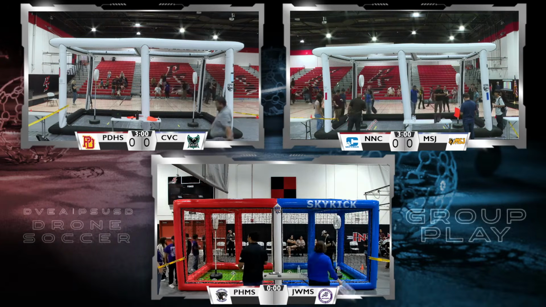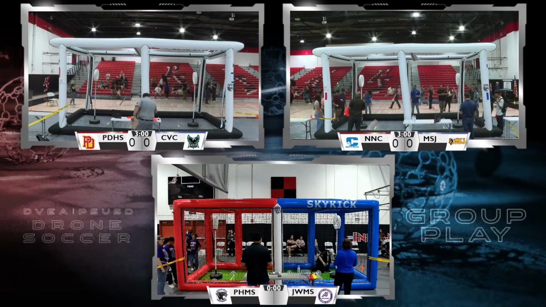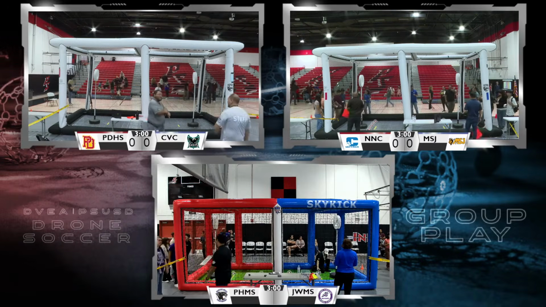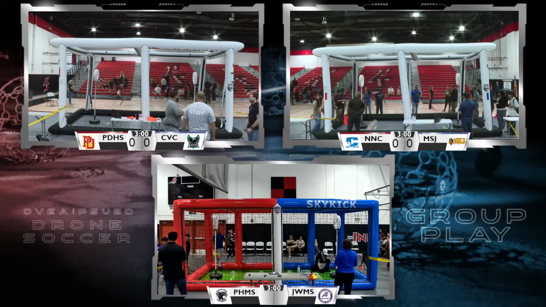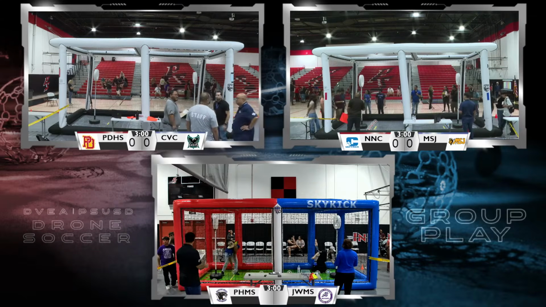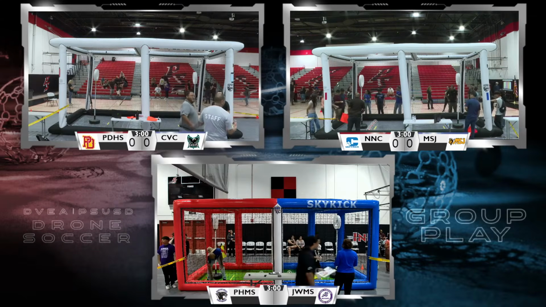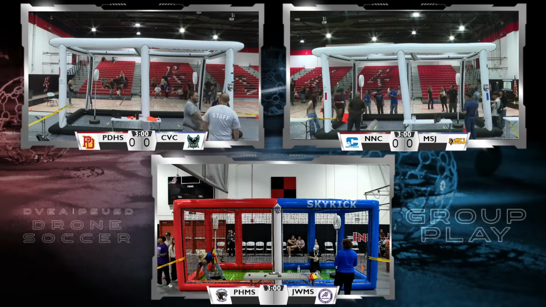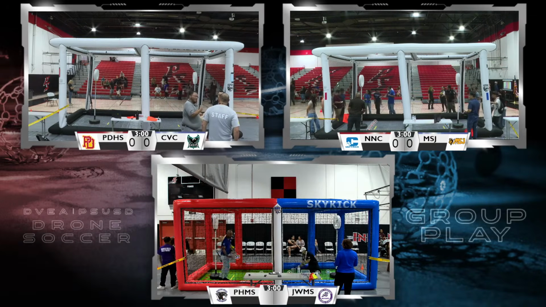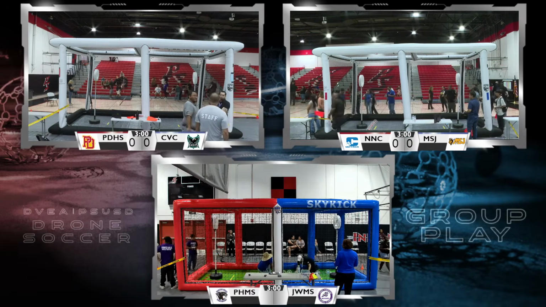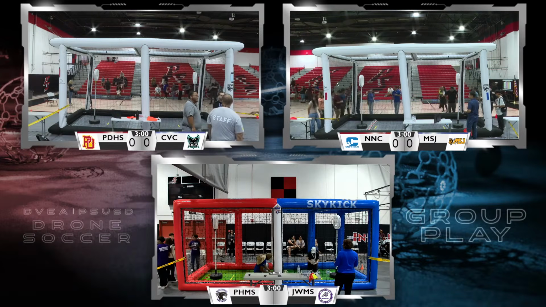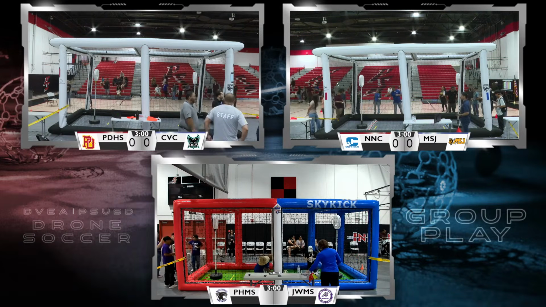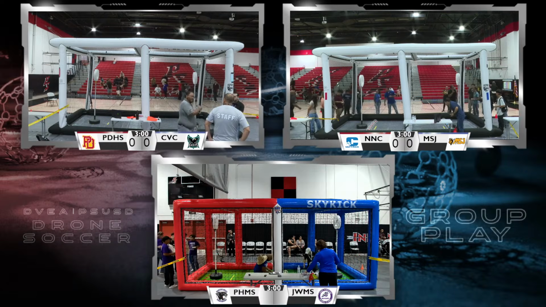All right, and we just finished the first round of the Painted Hills Middle School Squad 1 and the James Workman Middle School. So now they're going to confer with their ref. Judges will have a discussion. They'll confer with their team, re-strategize. Of course, you see the judges inside the arena swapping the batteries. Batteries in these drones are quite an interesting thing.